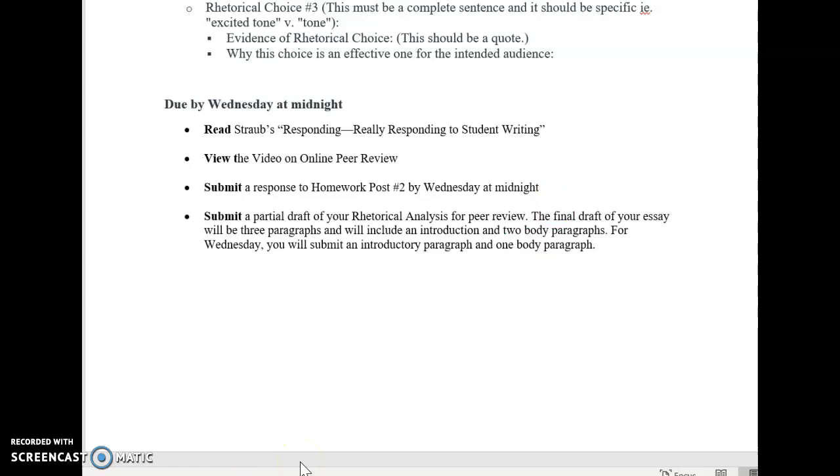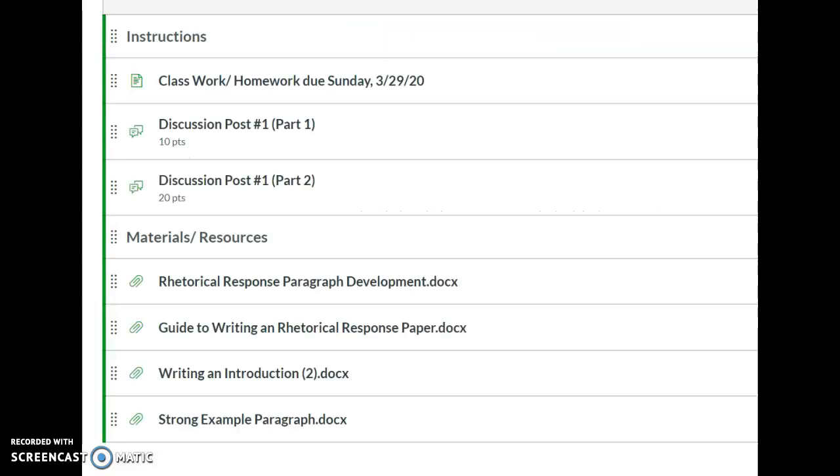So now what I'd like to do is take us back to the materials that are going to guide you as you are making that transfer and as you're developing the ideas that you are going to include in those 3 paragraphs. So you have here several different resources that are going to be really, really valuable to you. You have a document that takes you through the body paragraph development of the essay. You have a document that talks exclusively about the introduction, and then you have a document that kind of covers